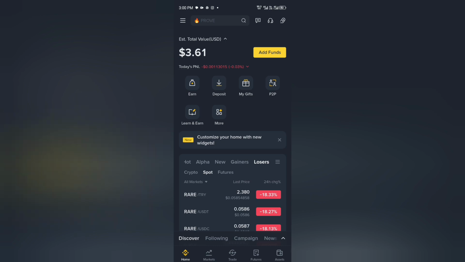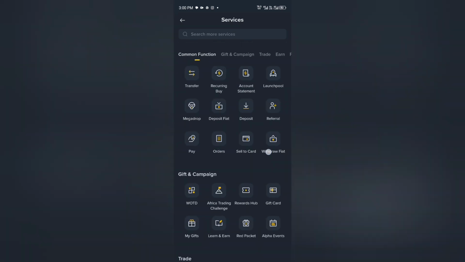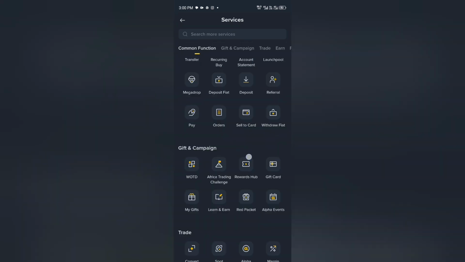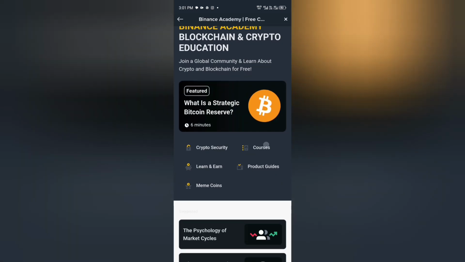The first way is what we call Binance Learn and Earn. By Binance Learn and Earn, you will be rewarded for your knowledge. But it's something that is just simple. You just come and tap there for more. You can see here Learn and Earn. You tap it. You let Binance open, and after opening, you come and tap Learn and Earn, and after that,